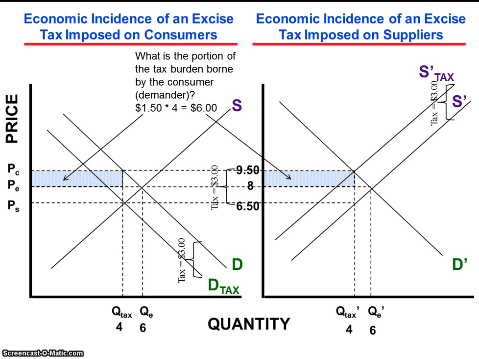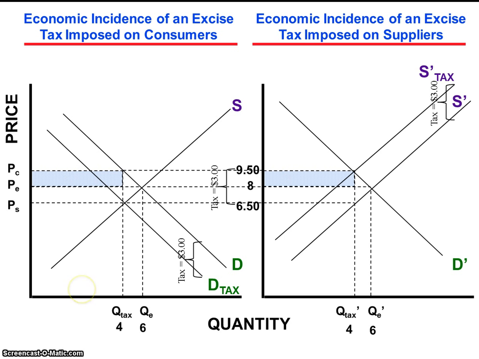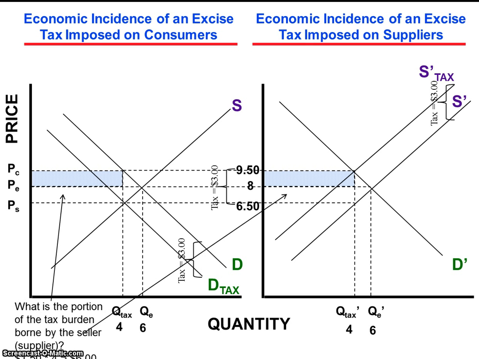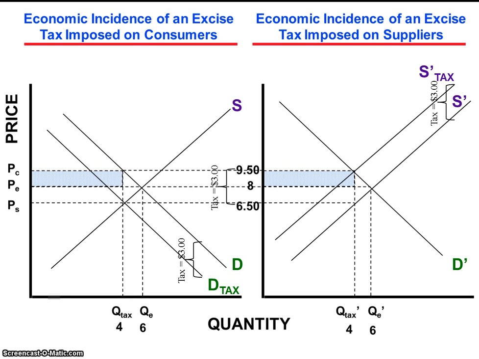The portion of the economic incidence of the tax borne by consumers is $6 in each alternative, and the portion borne by sellers is $6 in each case. So, once again, the point that we can see graphically here is this. In terms of the economic effects of the tax, it simply does not matter whether the legal liability of the tax is imposed on the demand side or the supply side of the market.